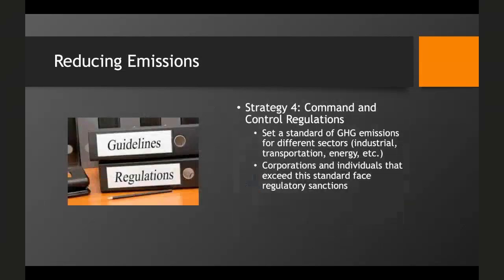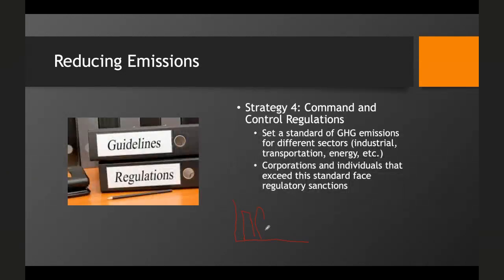The fourth strategy, and this one isn't really discussed in Roser and Seidel in much detail, are what are known as command and control regulations. And this is the traditional model of environmental regulation, where we set a standard of emissions. We might kind of, if we draw this graph, we might say